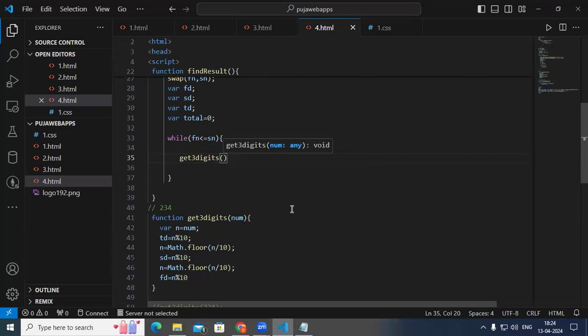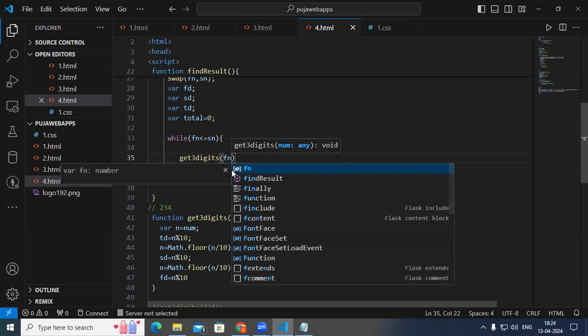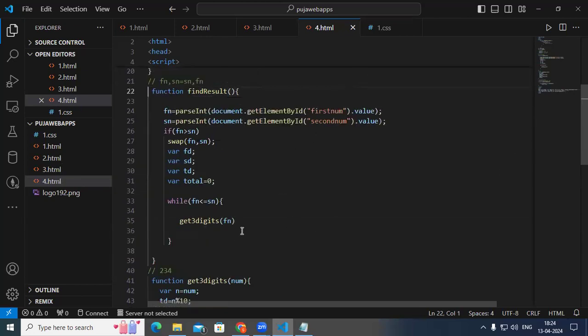We can go with this, followed by Fn. We are taking the text here, Fn, and then you are going to get, in this case, FD, ST, and TD. You are going to get all those things. Okay, then now write here total equal to